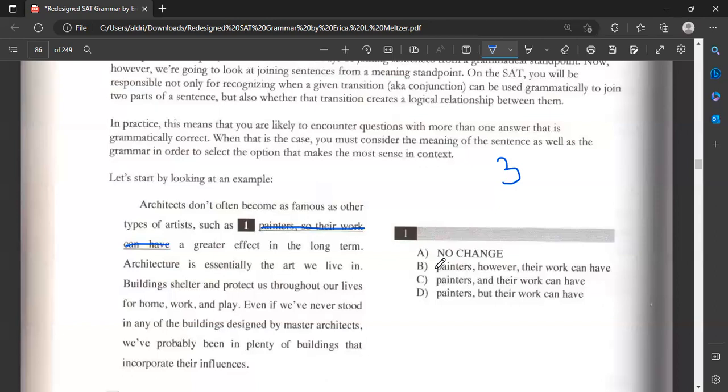Okay. I guess no one wants to try it, and that's okay. For now. All right. So if we look at the first part of this sentence, it says architects don't often become as famous as other types of artists. All right. So we have that right before the underlined part, and let's look at what comes after the underlined part. It says a greater effect in the long term. I would say, do you think, okay, you don't have to tell me the answer, but if any one of you could tell me, do you think there's